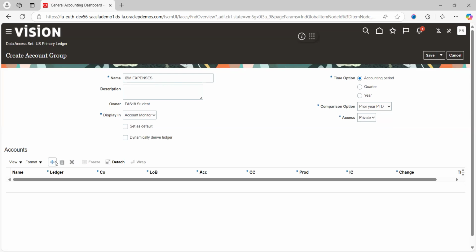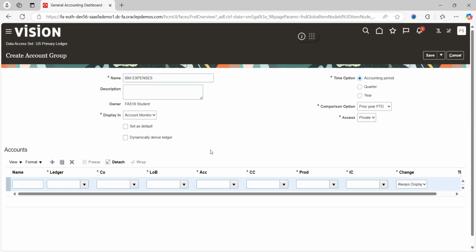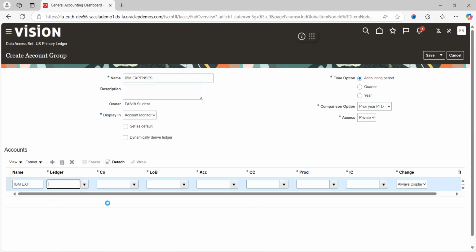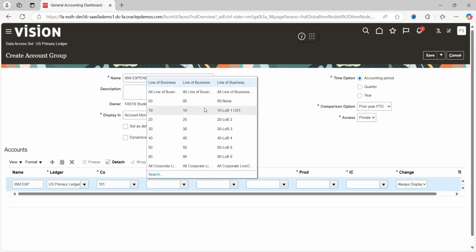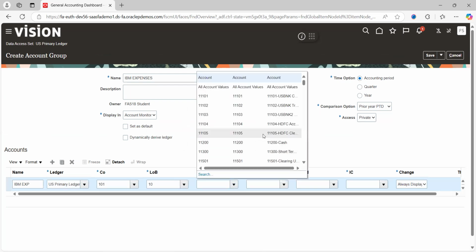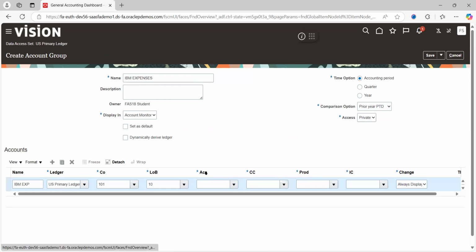Now click on the plus symbol to create an account group. I can again give the name IBM expense. Select the ledger under which you want to see the balances. Select that ledger name and choose segment values 101. For the time being, this is my line of business value, and for the account code, for example, I'm giving